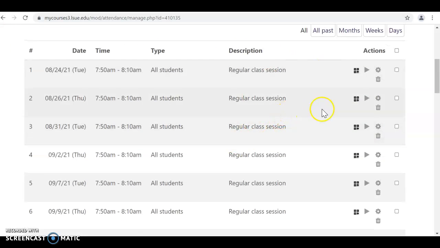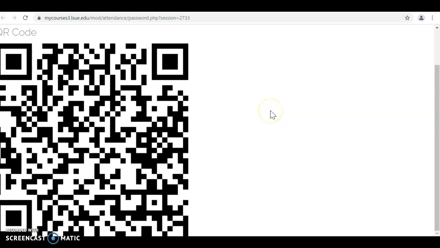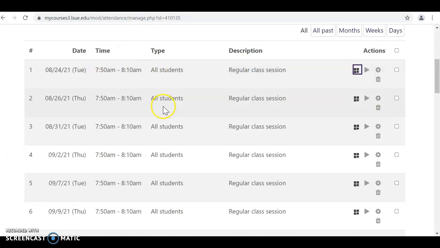Then basically what you can do for the students to actually record if they're here is click on this QR code and open it up, and the students use their cell phones to scan in. Once they scan in, it prompts them to log into My Courses, and then they can select that they are here. Once they do that, it should show up